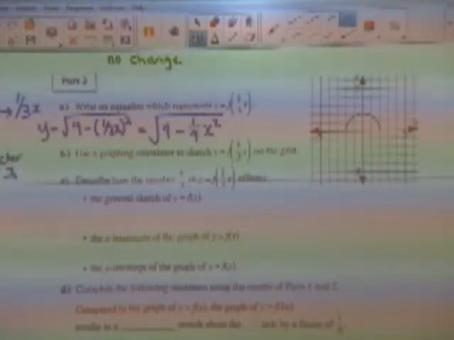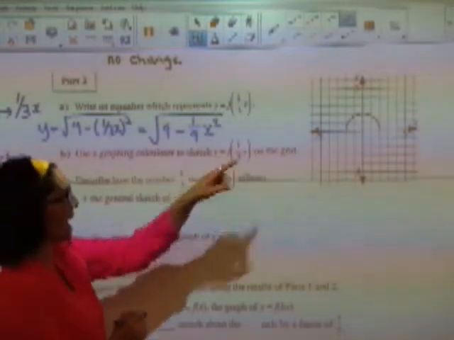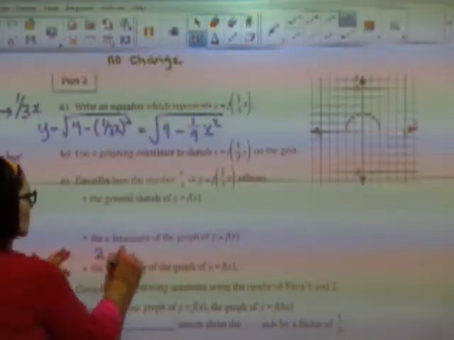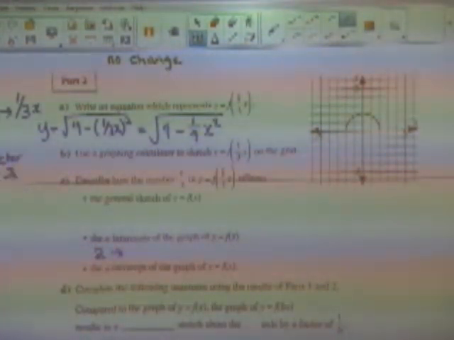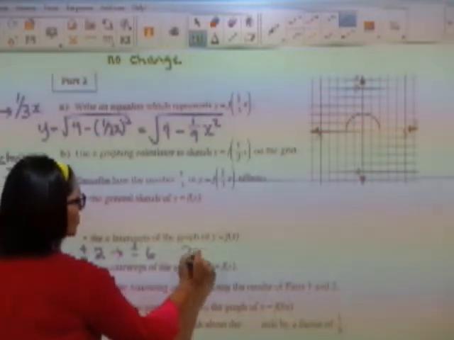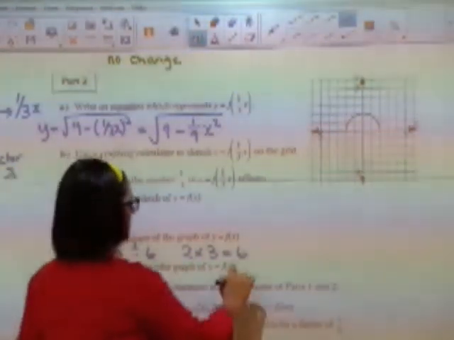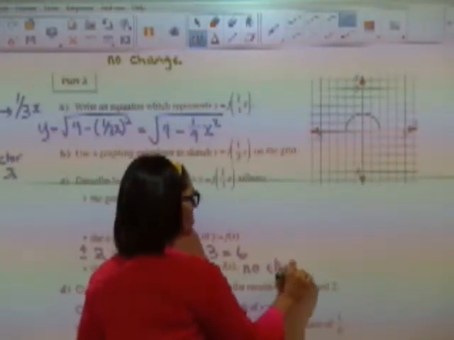So what would change, my x or my y-intercepts? My x's. So my x-intercepts are at 2. Where do you think they're going to go to? 6. Plus and minus 6, because 2 times 3 would give me my 6. No change